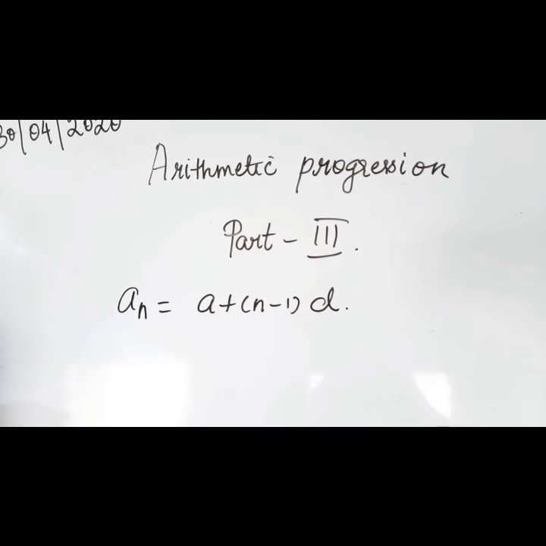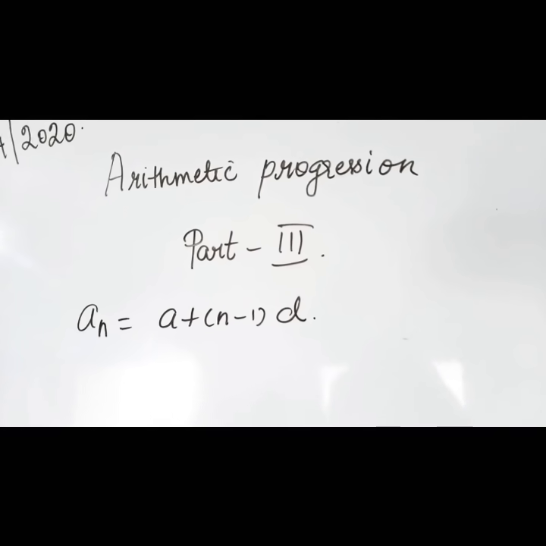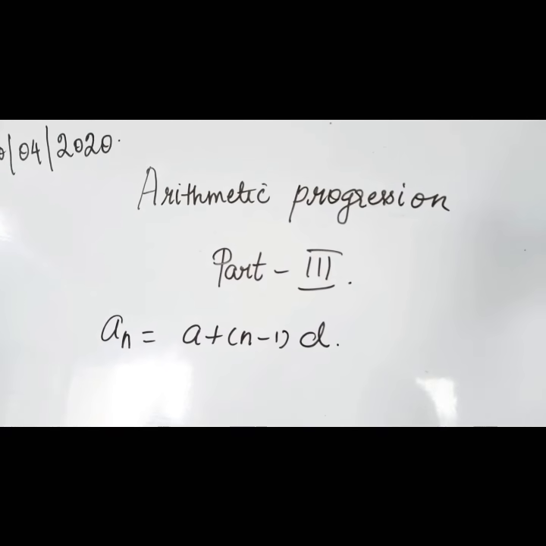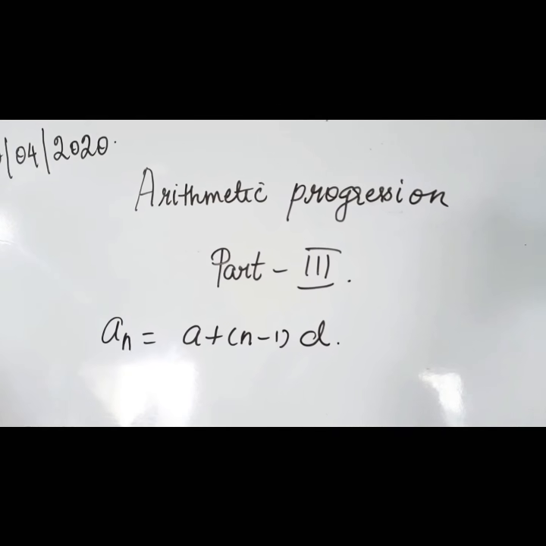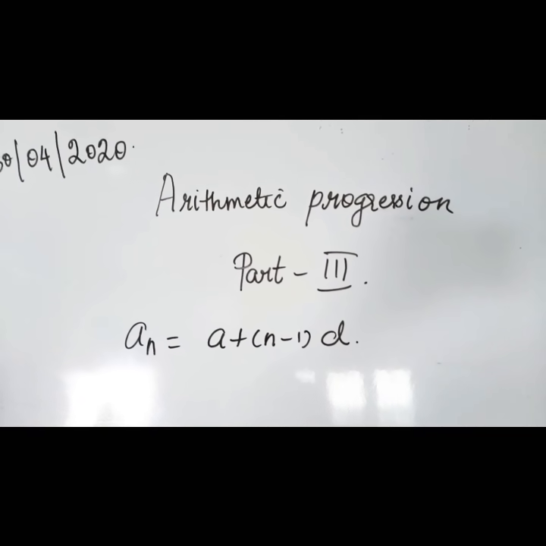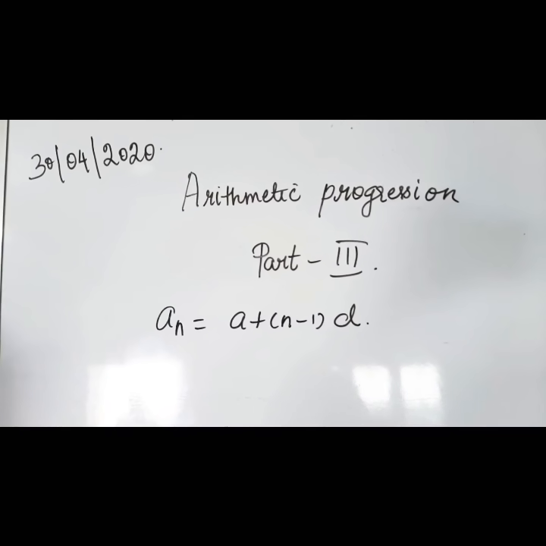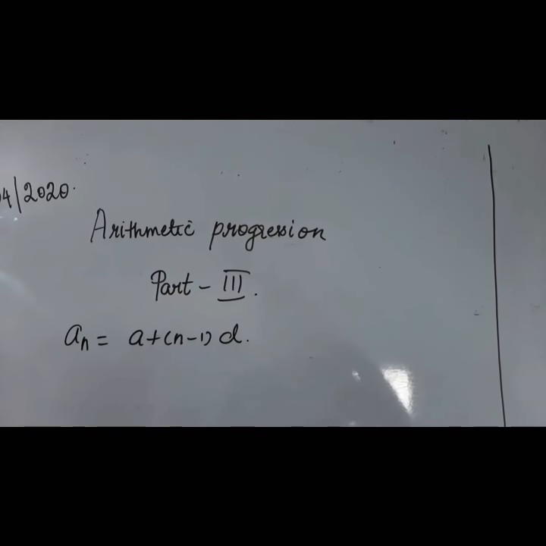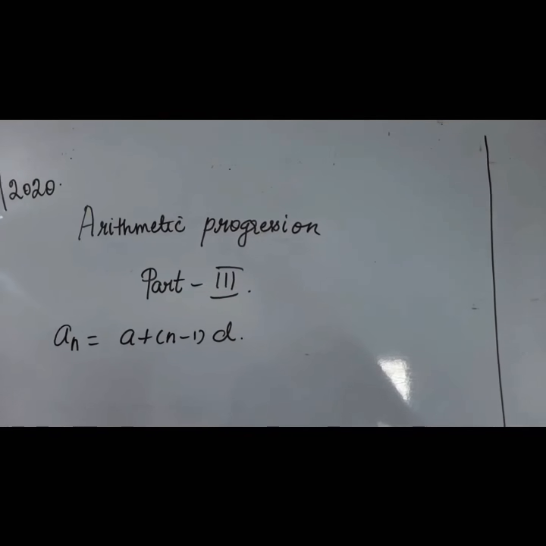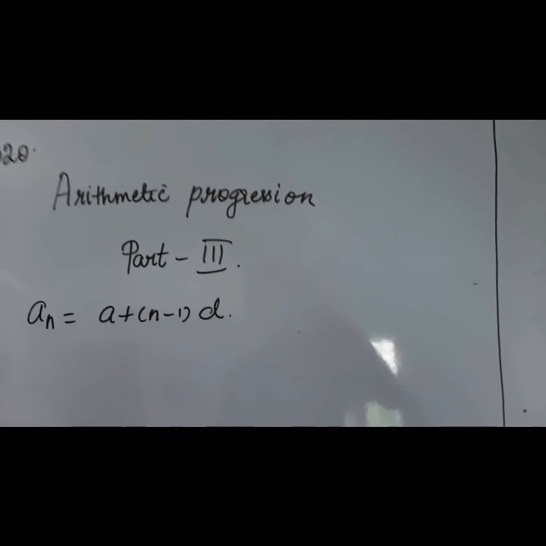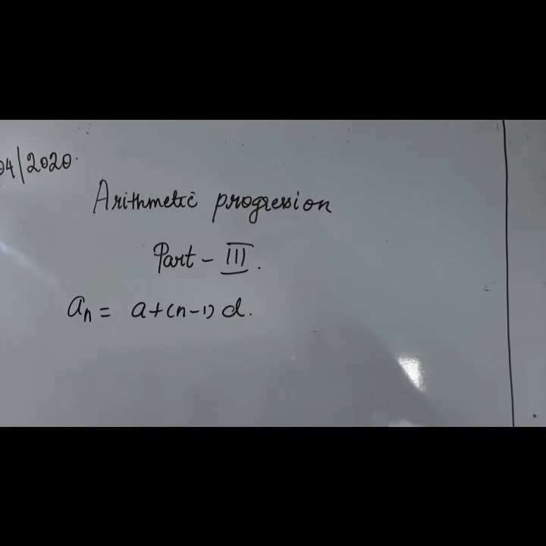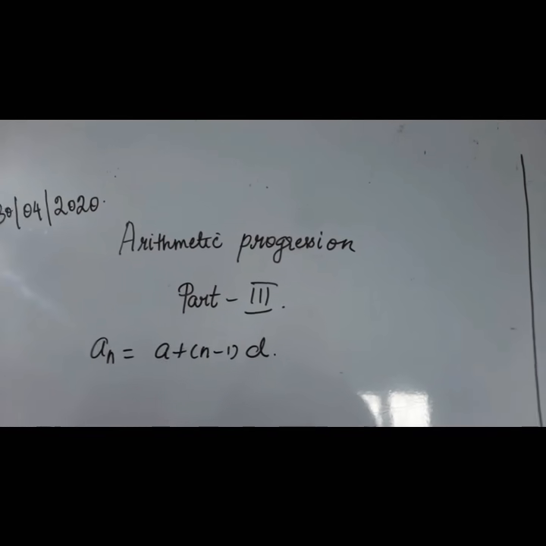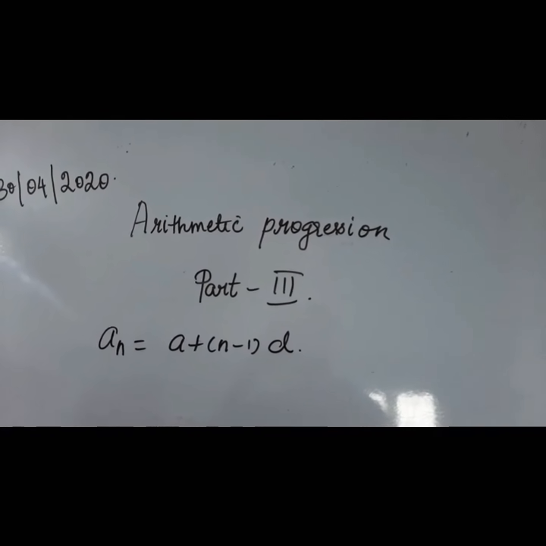In this exercise completely we are going to solve sums with the help of the aN formula I told you. Now let's start with question number 4. Take your content book, page number 106, and read question number 4. Which term of the AP 3, 8, 13, 18 is 78? What they ask you to find out is which number of the term is 78.